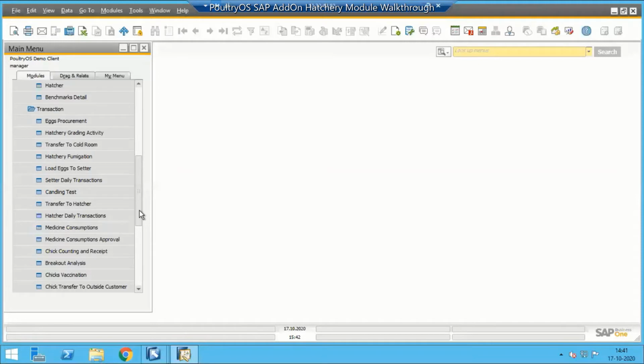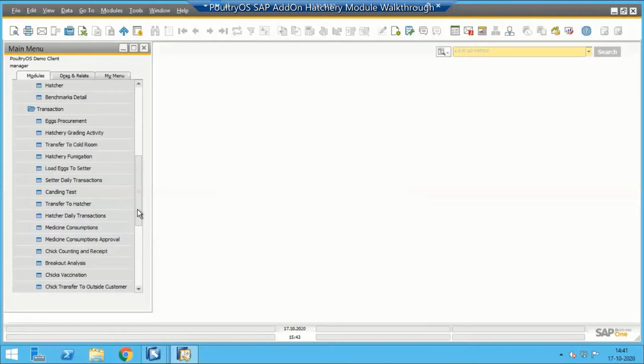If you want to purchase from outside, that facility is also available, or service based hatching you can also do. So all the activity is covered here. So what we are talking about is that hatchery will be used for hatching our own eggs, plus, as you are saying, it can be used for providing services to others. Yes. In that case, a different company will give us eggs for hatching. We will put them into our hatchers, and a service invoice will be generated.